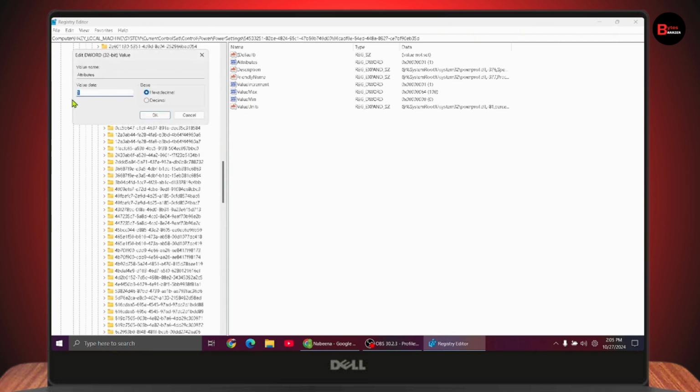And double click on the attributes and then change the value data as 2, and after that your processor power management will be back. You need to restart your computer to apply the